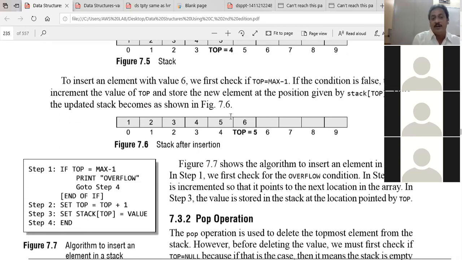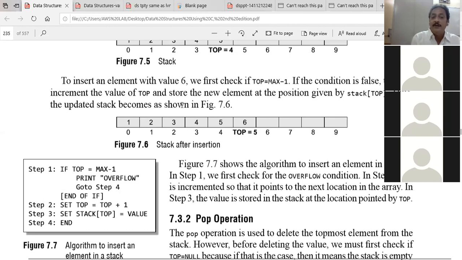So that's the explanation of what I just said, as you are drawing. While inserting an element with a value of 6, first we check whether top equals max minus 1 or not. Here top is not max minus 1, so that condition is failed.